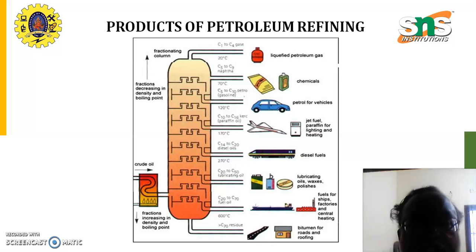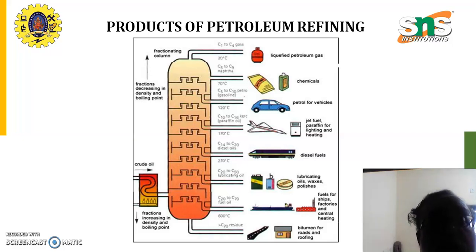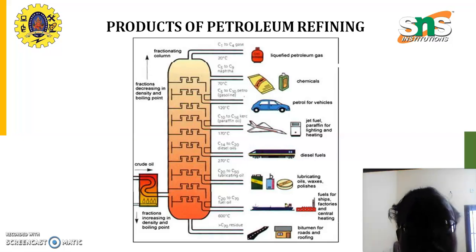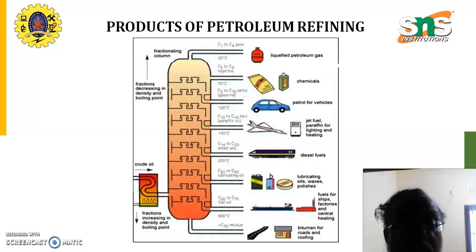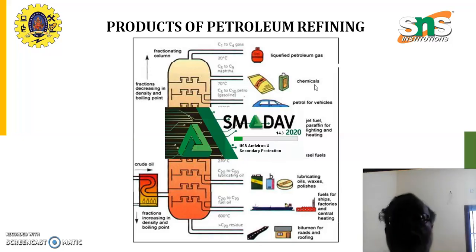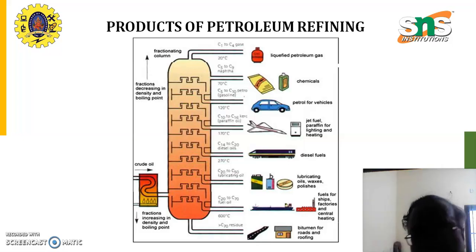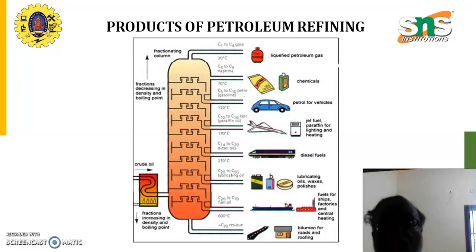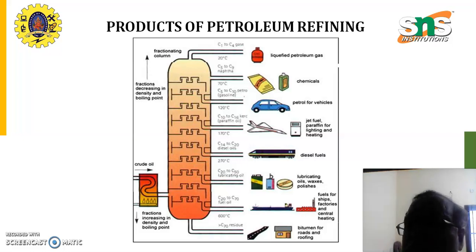When the crude oil is getting heated, the upper arrow shows the fractions decreasing in density and boiling point, and the down arrow shows the fractions increasing in density and boiling point. From the top, C1 to C4 is in gaseous form. The gaseous form is mainly in the